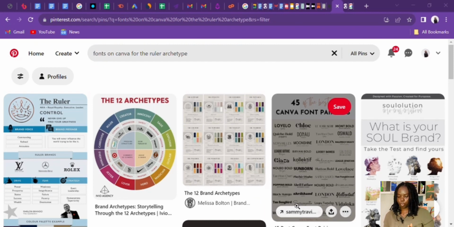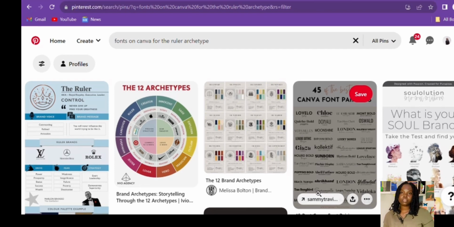It has to portray simplicity, elegance, sophistication, and a very straightforward minded brand. That is what the ruler archetype would portray. So you want to go on Canva and select fonts that relate to what we have just mentioned. If you are to work with a professional graphics designer, he would be able to help you find a more relatable brand logo for your archetype.